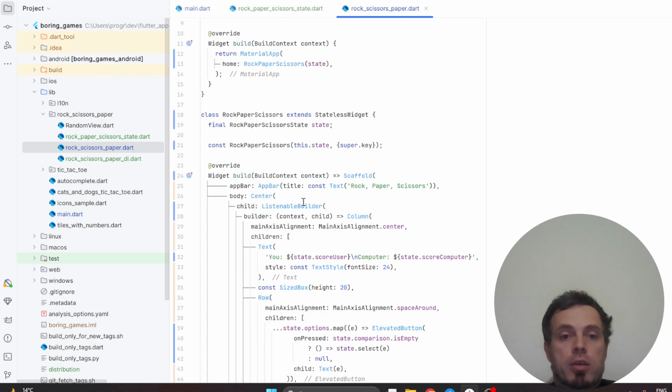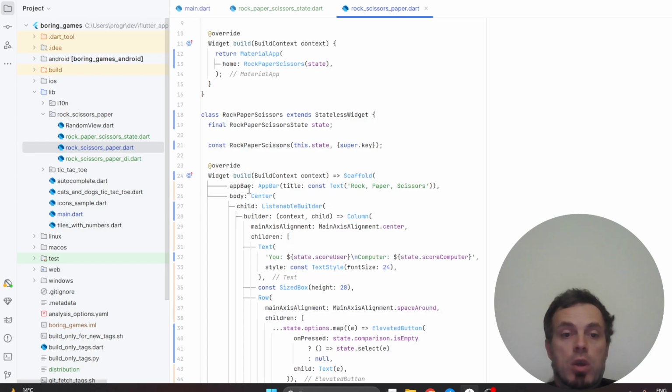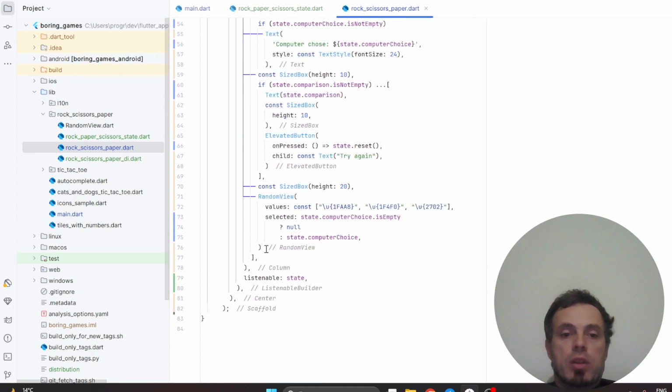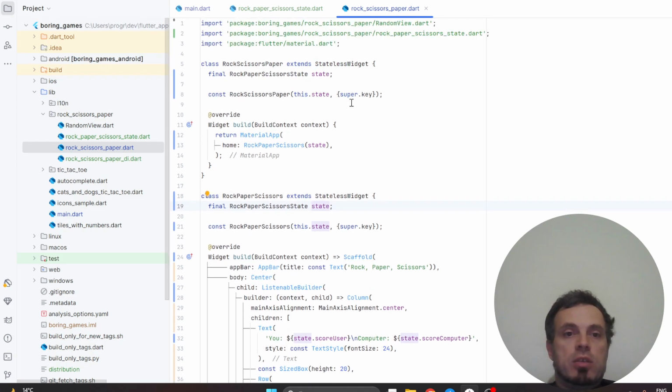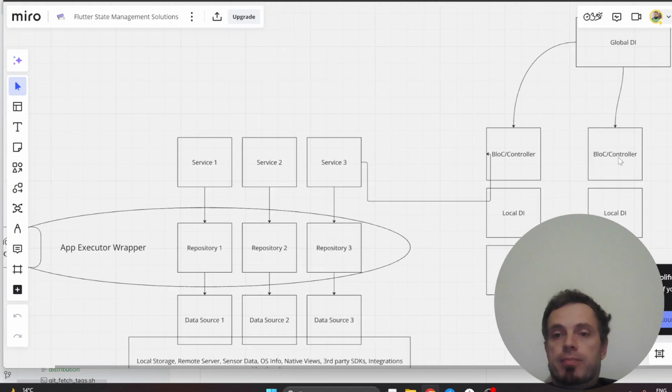your UI needs a listenable builder where you provide with builder, and you also provide a listenable. And what it needs is to listen to a state. So in this example, I'm injecting the state, and it is something very common to all implementations of the state